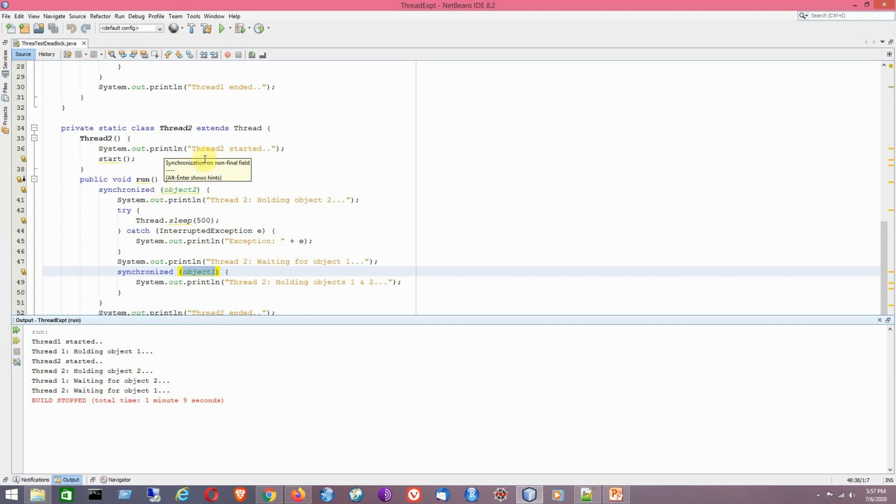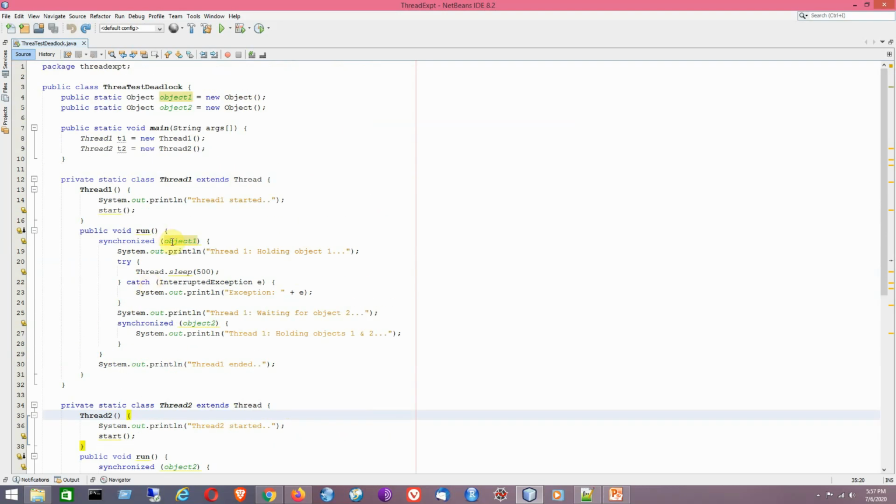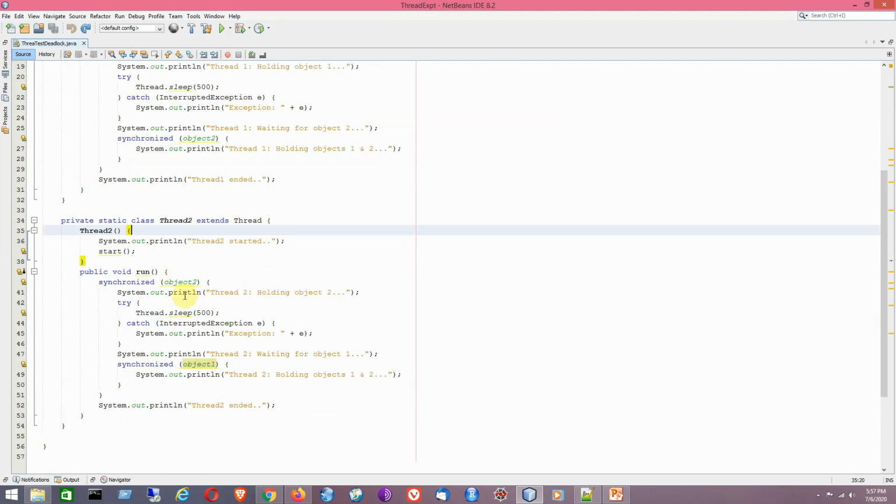Now let's see if we can change the sequence of the object locks, so that particular technique will be able to solve this deadlock problem or not. As I have already told, it is up to the programmer to deal with the deadlock if that kind of situation arises in the program execution. So now I will be moving to the program. It is like object 1 followed by object 2. If I just alter the sequence, in thread 2 it was object 2 followed by object 1, but now I am just changing the sequence.